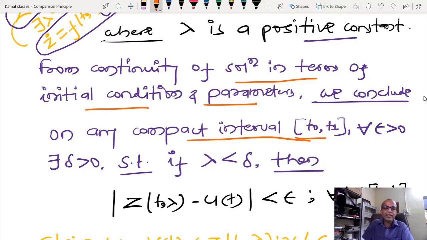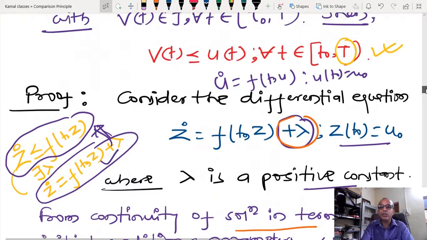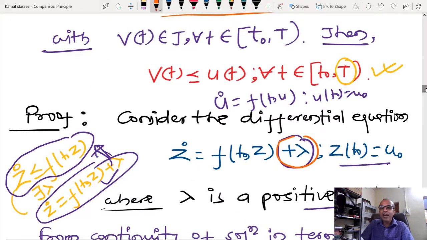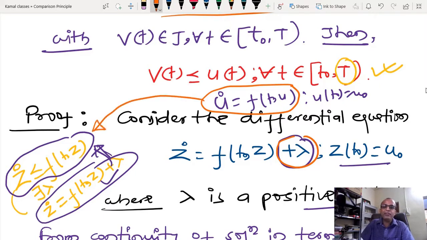Why are we saying this? Because I have lambda in this equation. When I converted this inequality, I first had some kind of differential equation like this, and after that I made an equivalent differential inequality, but I do not know how to solve it. For that reason I converted it into a differential equation, and what I am saying now is that this and this are exactly the same if lambda equals 0.